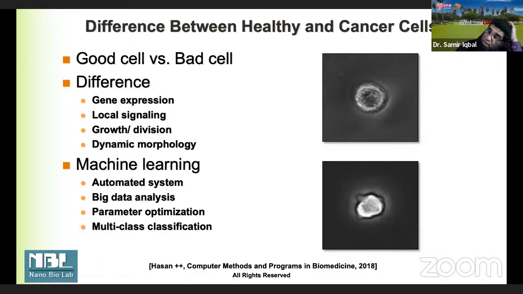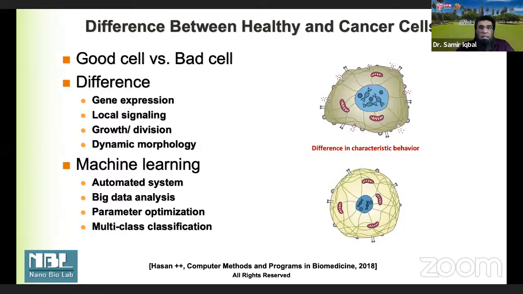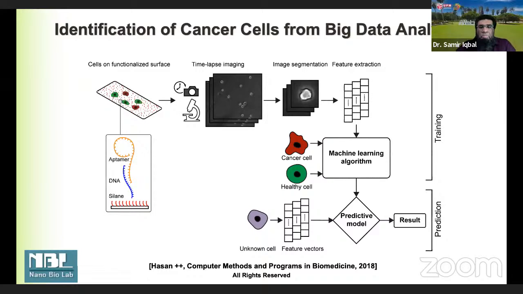And for that, we need to define some parameters and do the regression of the data and look at how it's changing. So that's the overall idea of what we did. We got those features, we extracted those features, and we trained the system. And then we took the data of unknown samples and used that predictive model.